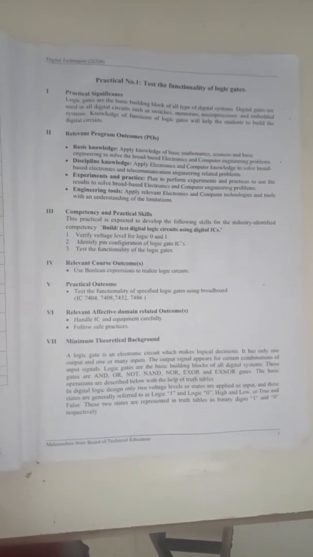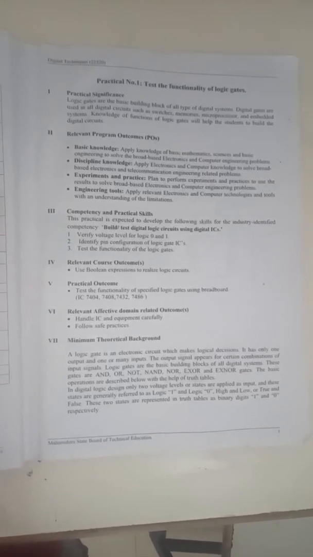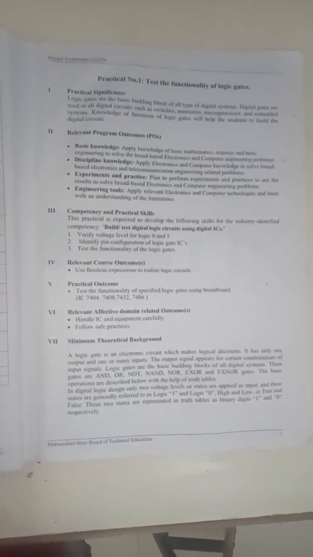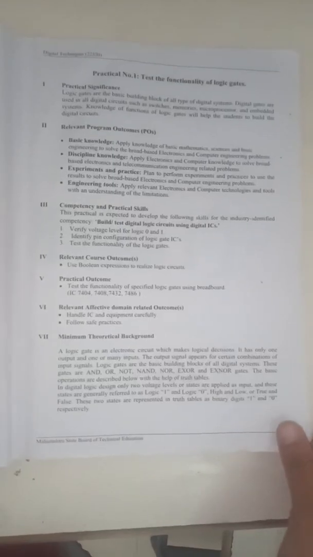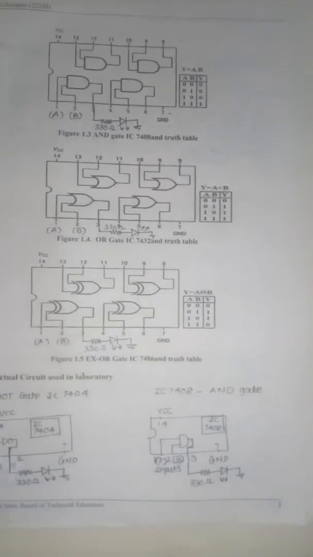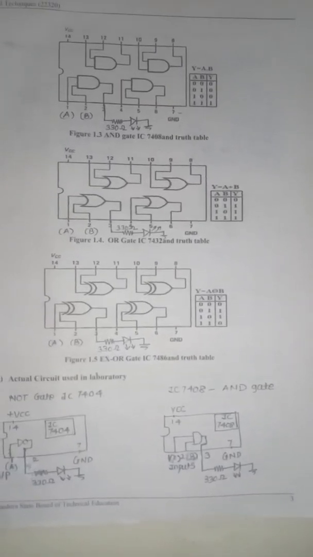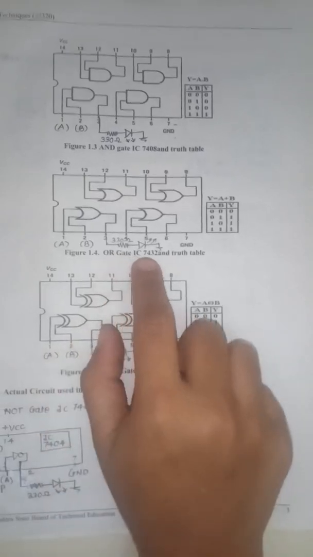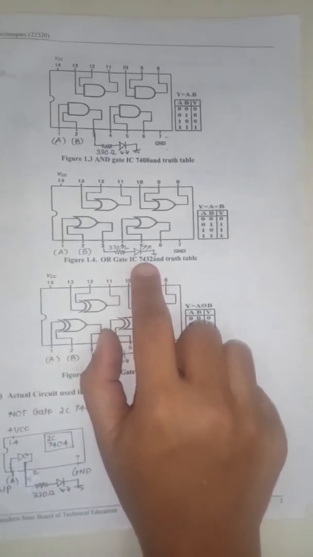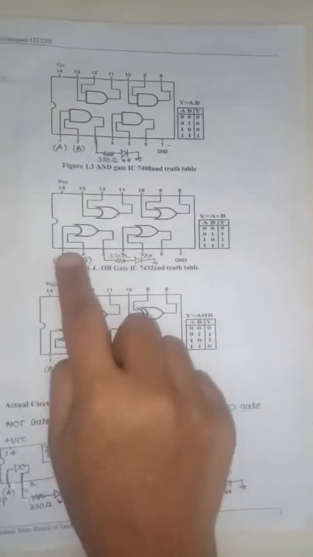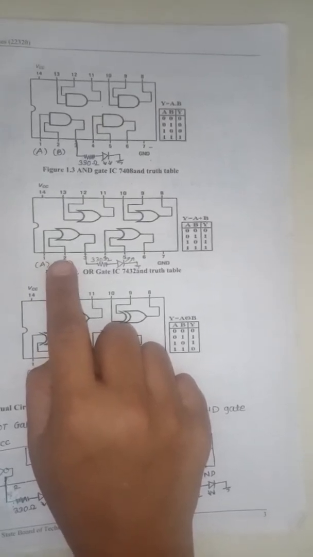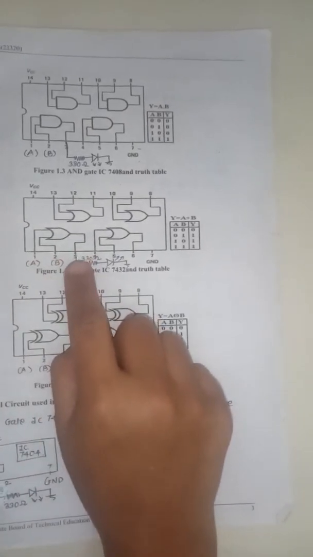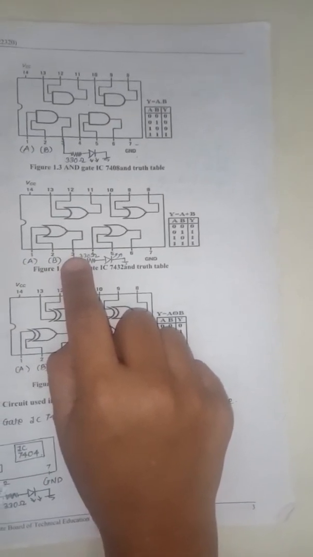So we'll first see the function of the logic gate OR, which has IC number 7432. For checking the functionality, we must know about the IC pin diagram, that is the internal diagram of the OR gate. Here the OR gate IC 7432 picture is provided. In this picture you can see that pin number 1 and 2 are the two inputs for the 7432 OR gate, and pin number 3 is the output of the OR gate.